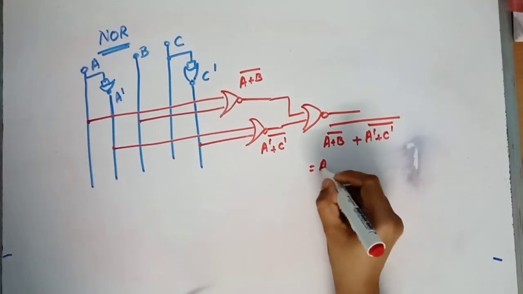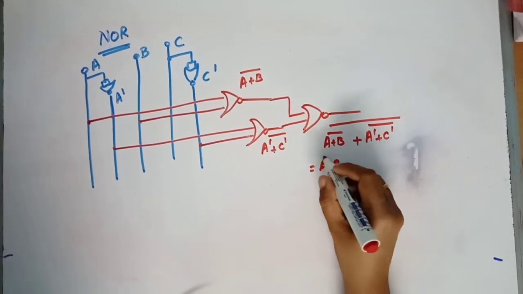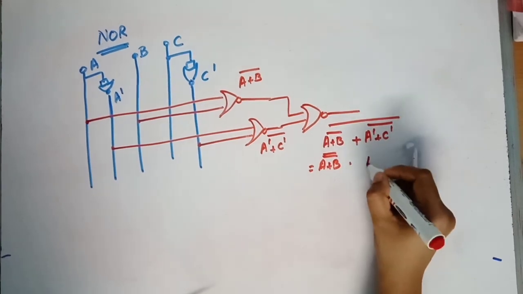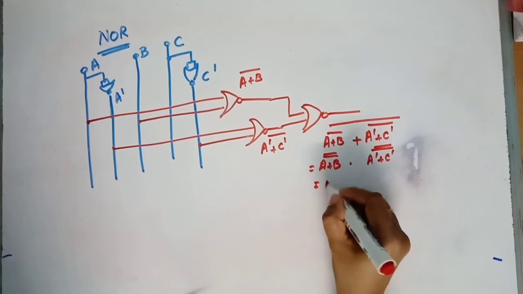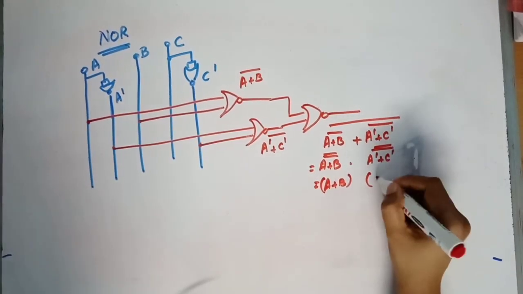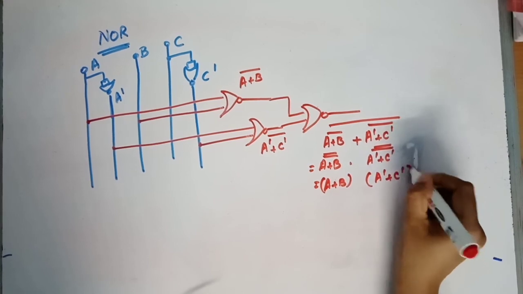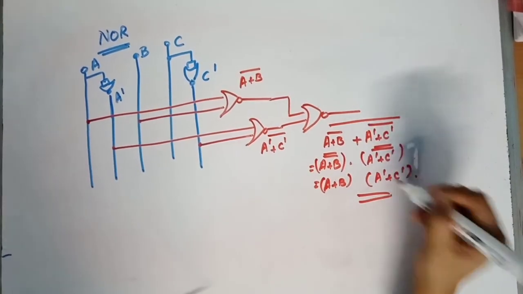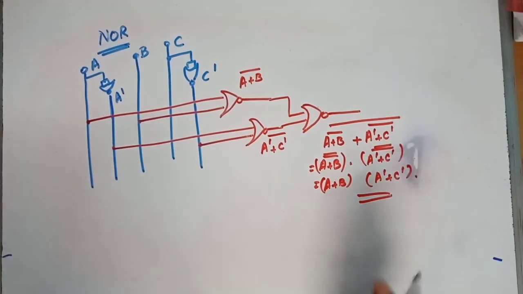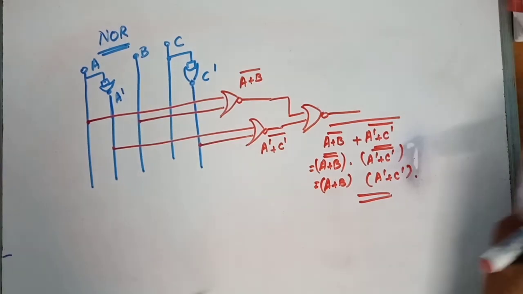So this will be A plus B double bar into A bar plus C bar double bar. So that is A plus B into A bar plus C bar, which is what we need. So this is PO